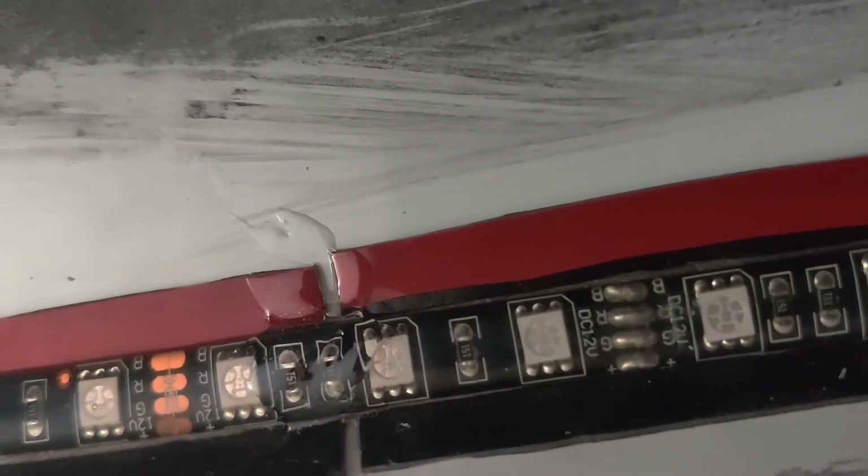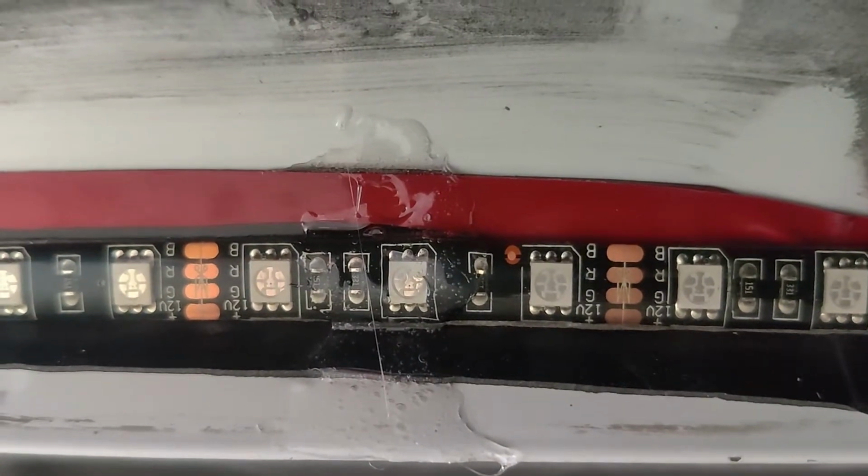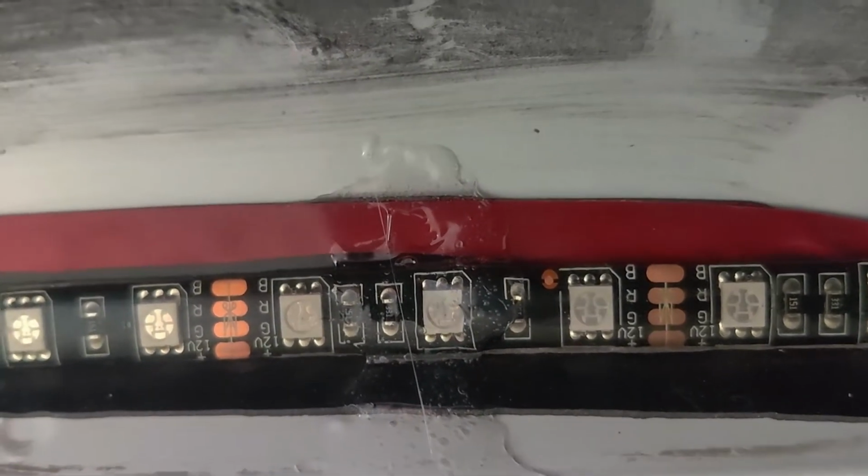And obviously I cleaned the surface very thoroughly, because I stuck it on with 3M tape, and you want to make sure you get a good bond. Cleaning the surface thoroughly increases the longevity of the tape, okay? So I made sure I cleaned everything, and that's how I mounted the